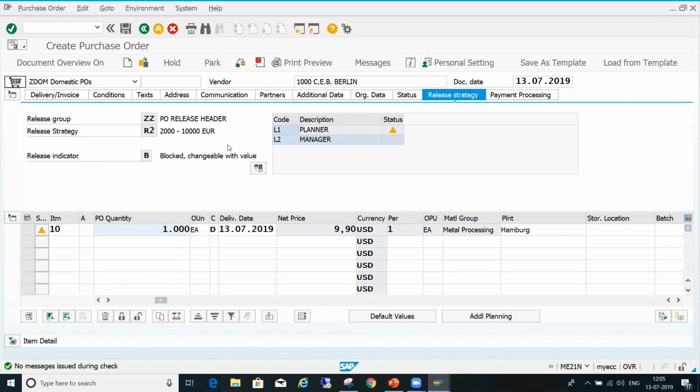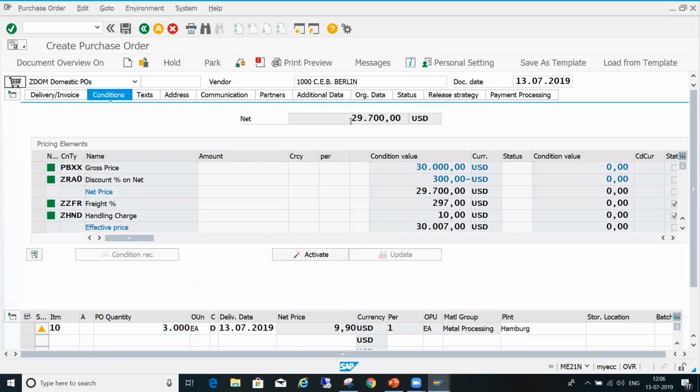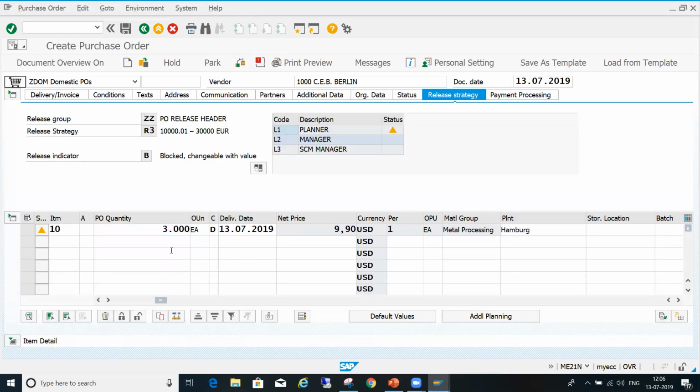Now if you increase again, the value lies between 10,000 to 30,000, 29,000 something. That's why the third level is triggered.